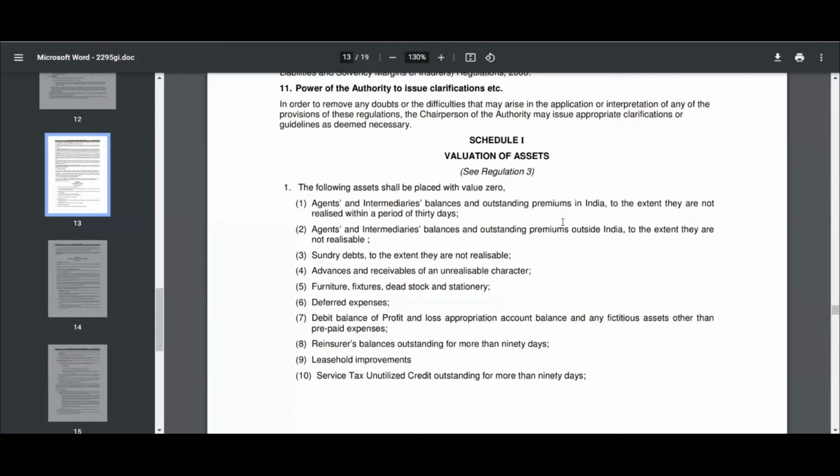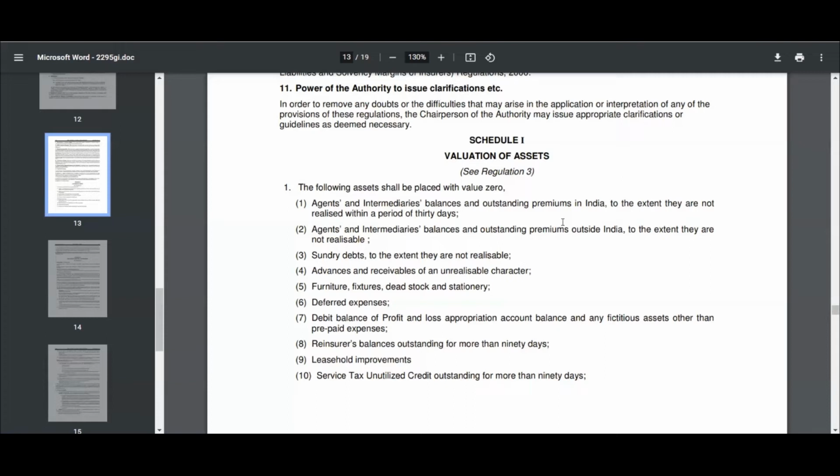This regulation is predominantly based on valuation of liabilities, and I mentioned yesterday also that actuaries are the owners of liabilities. I'll cover up to the liability section, and finally the linked business and the solvency margin section will be taken up tomorrow, along with the appointed actuary regulation, so that one can see how important it is for appointed actuaries to know this regulation. So without further delay, valuation of assets.